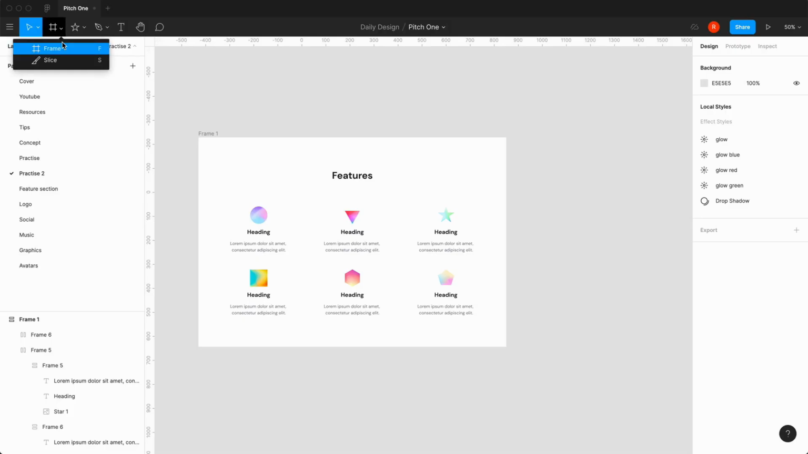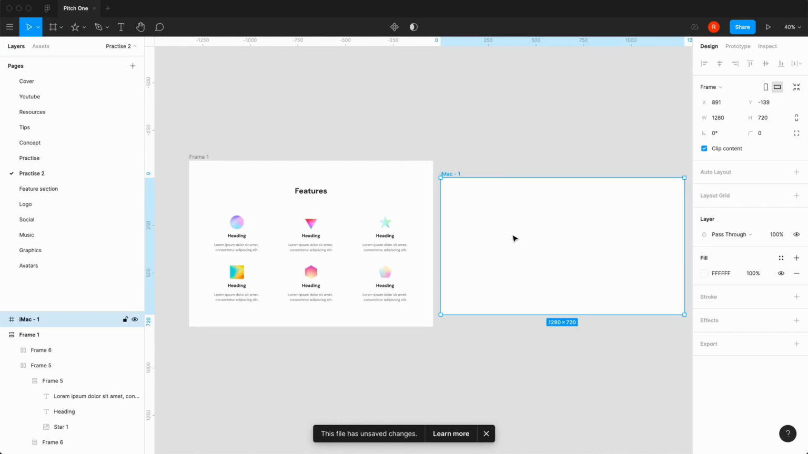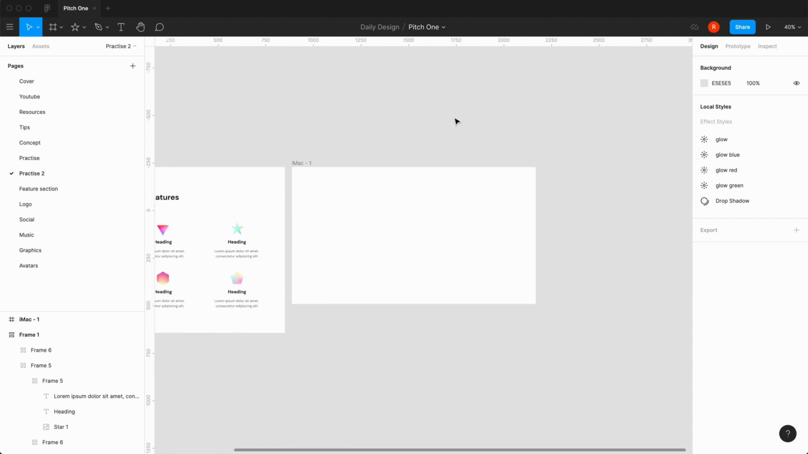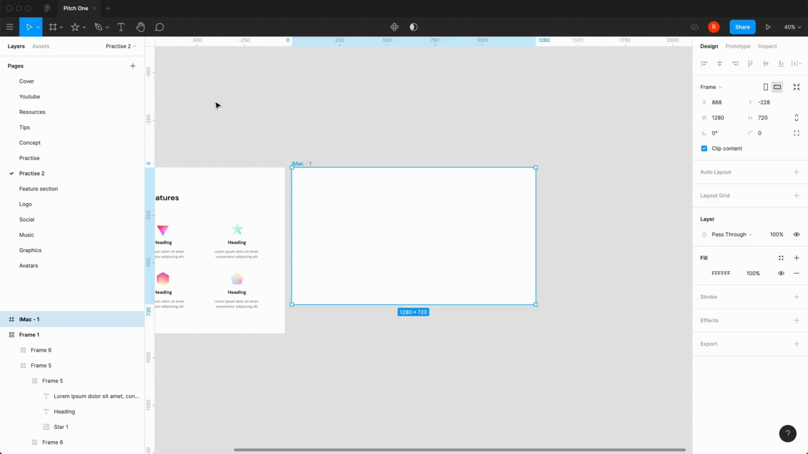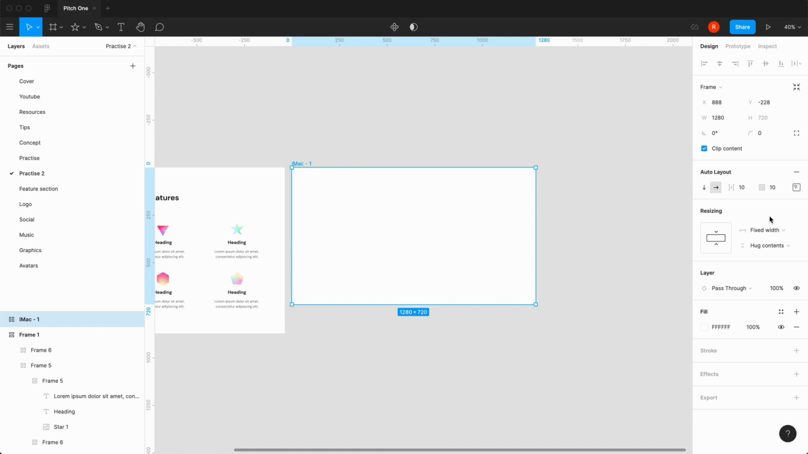So I'm going to create a new frame, and this frame is going to be the iMac 1287 by 20. And what I'm going to do here, I'm just going to very quickly do a Shift A. This is making it into an auto layout straight away. I'm going to say I want it to be fixed, and I'm going to say that we also want everything to align in the middle,